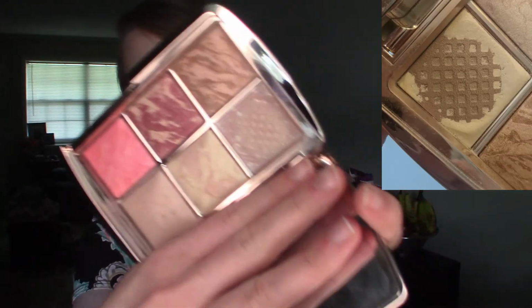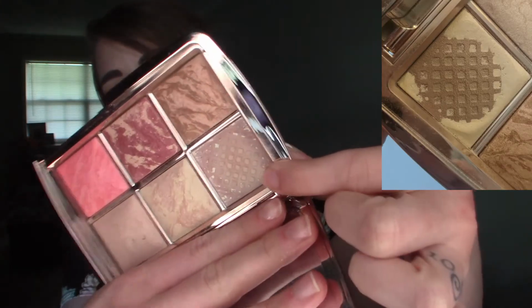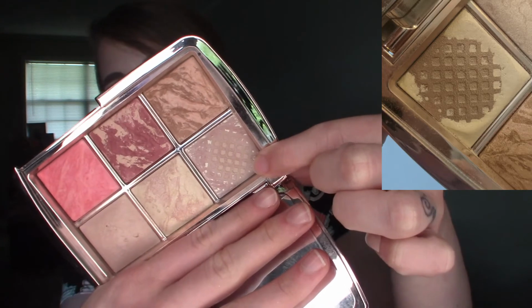I don't know if I even still have pictures of where this was, but here's the empty pan. We did finish it off. That was quite successful. I'm really excited. Finishing this powder off so easily has made me want to low-key pan this palette. I definitely think the blushes would be a little bit harder to actually use up completely, but this highlighting powder, this other finishing powder, and the bronzer, I definitely think I could use up and finish off quite nicely. But yeah, so we did finish off 3 products right here at the end, this powder,